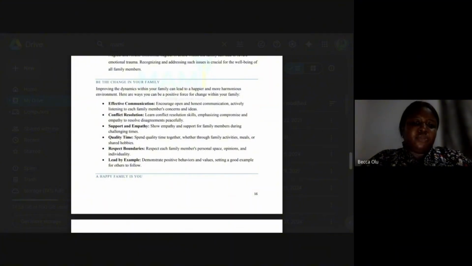Learn conflict resolution skills, emphasizing compromise and empathy to resolve disagreements peacefully. You don't always have to be right. You don't always have to say, I told you so. You don't always have to say, well, I was right and you were wrong. You don't always have to, for the sake of peace and for the sake of having a healthy family environment. Sometimes, for peace to reign and